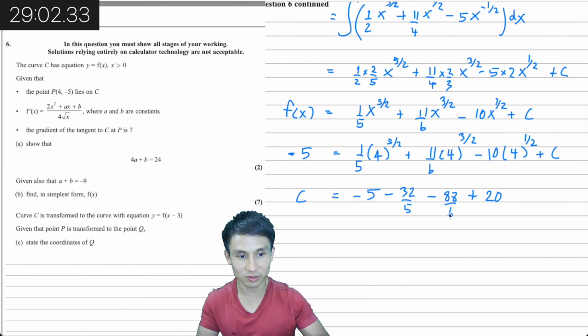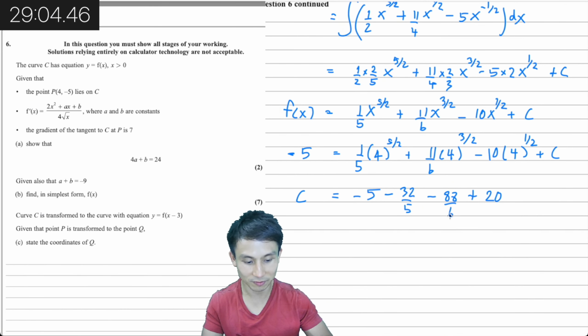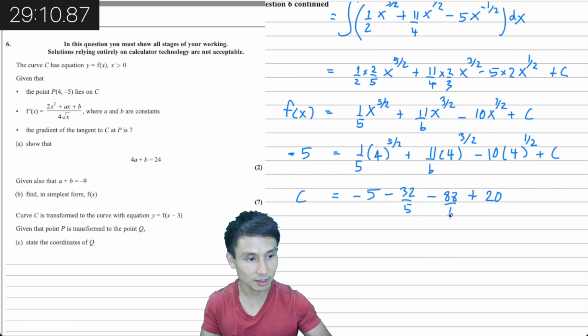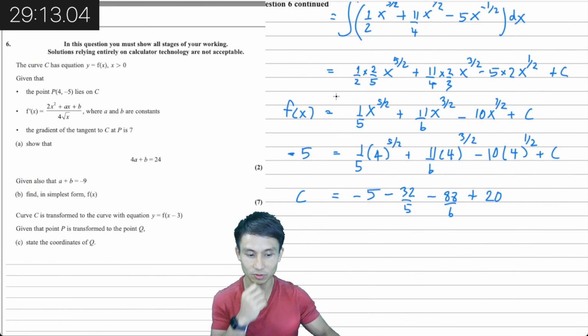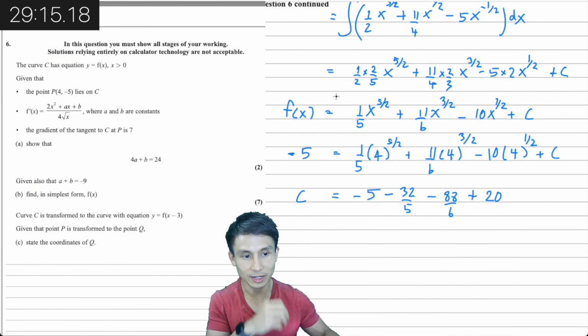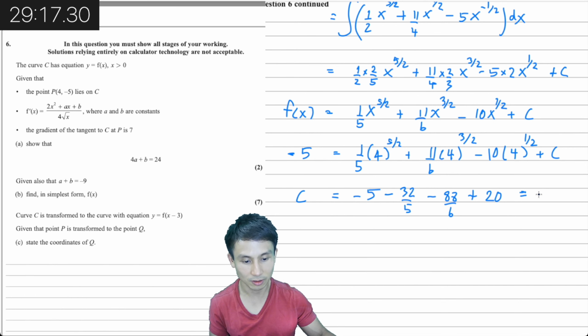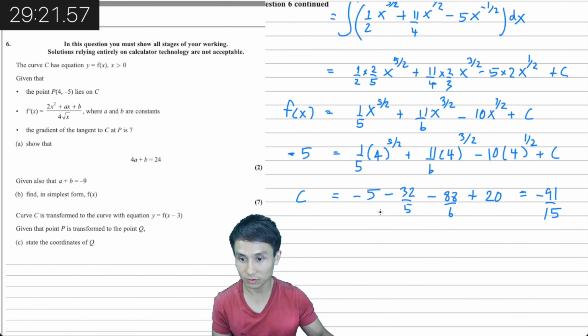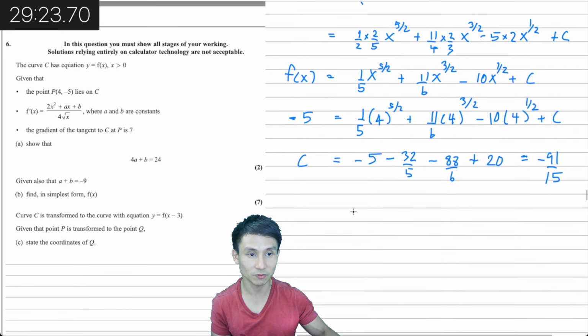Okay, I'm going to use a calculator now just to be safe. Minus 5 minus 32 over 5, minus 88 over 6, and then plus 20. Okay, I get a fraction here: minus 91 over 15, right. So in simplest form, we have